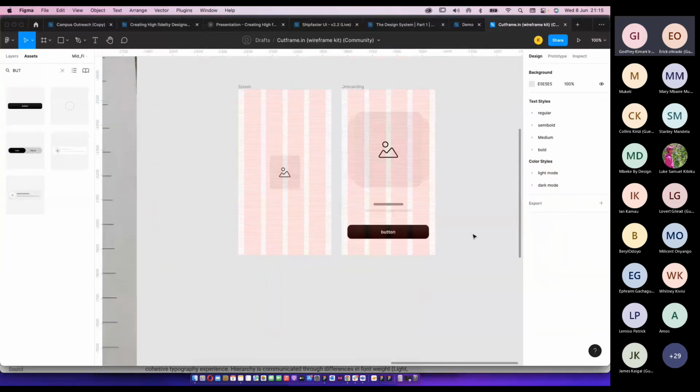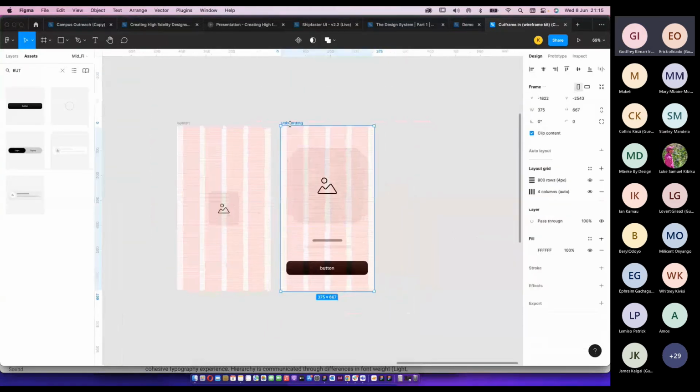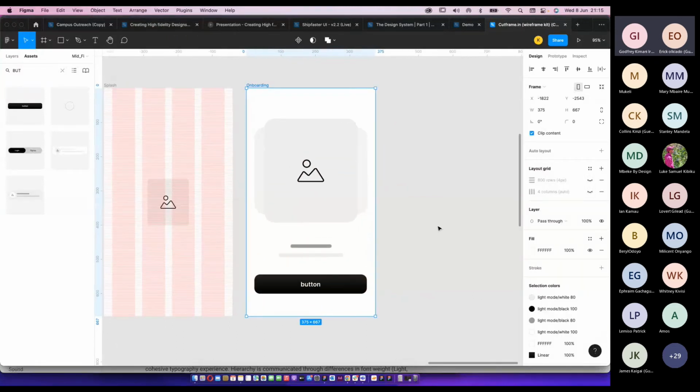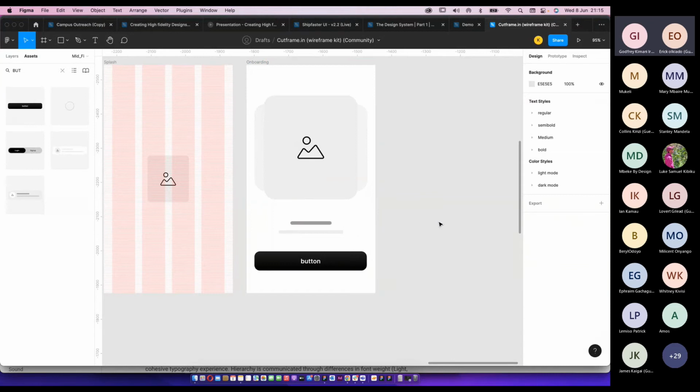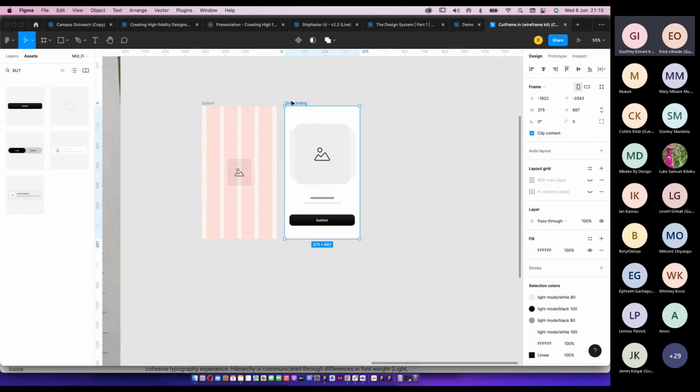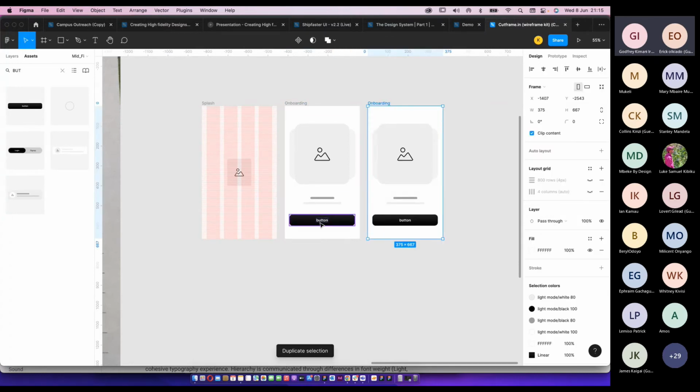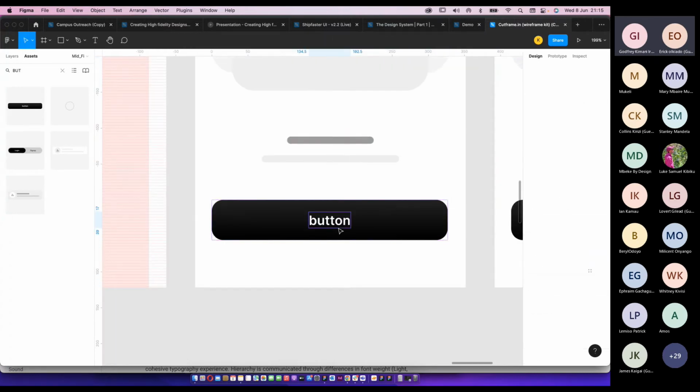So I've already defined an onboarding screen. I can look at this by just toggling this eye off and looking at how it will look. And let's say maybe you're comfortable with that. So what are some of the things that we need to do? Now, from this, let's create another screen. But from here, we can just give the label for this button. We can call it